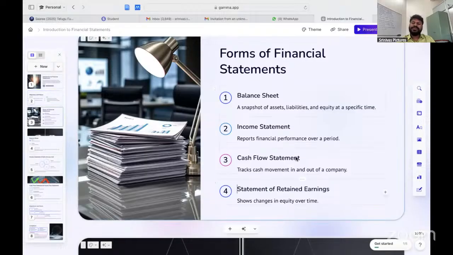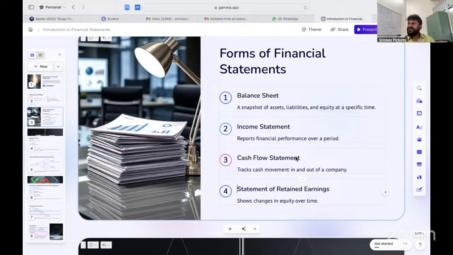indirect method statement. In the direct method cash flow statement, we talk about the direct cash inflows and cash outflows, whatever comes, we take all of that. And in the indirect method, first we have to calculate the operating profit. Then we prepare the investing activities, and then we go for the financing activities. In operating activities, only business-related transactions come, whether receipts of cash or payments of cash. Whatever regular operations we do, only that we take.